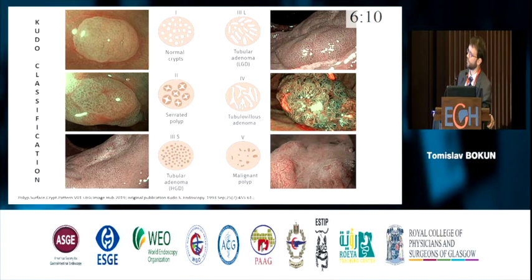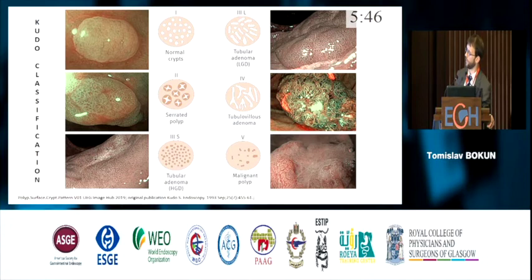In the second group are serrated polyps, and the 3S group is tubular adenoma. You see here the surface pattern, and then tubular adenoma. There is a 3L group like here, and there is a tubulovillous adenoma with branch-like structure, and finally malignant polyp with